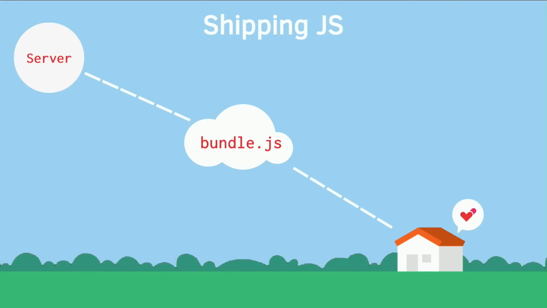This is how we ship our JavaScript. We send a giant JavaScript file down. Everything looks easy peasy. But there's a couple of problems with this. The first is that a lot of our JavaScript doesn't change very often. Every time you update a single string somewhere and you ask the user to re-download all of your JavaScript, you're asking him to re-download all of React as well, all of React DOM as well, all of Redux as well, all of React Router as well. But why should he? There's no reason to.